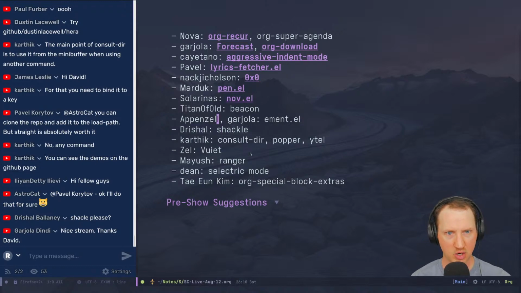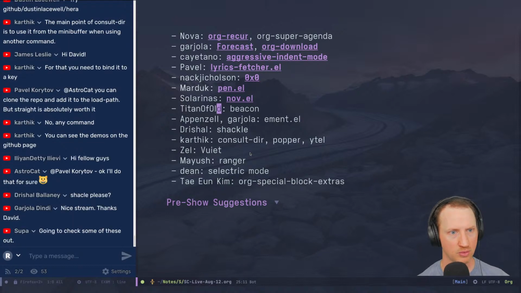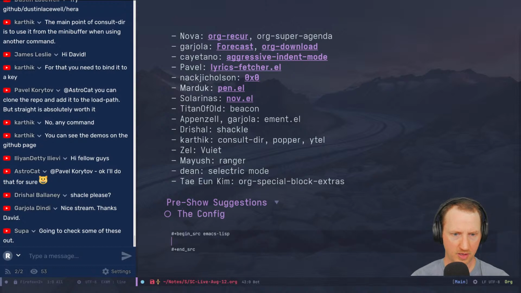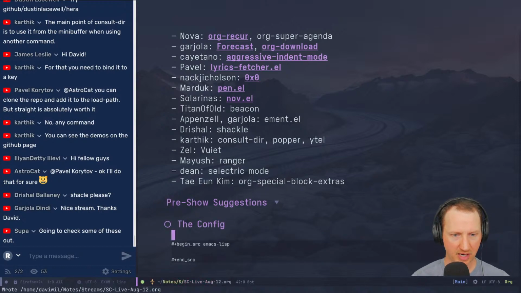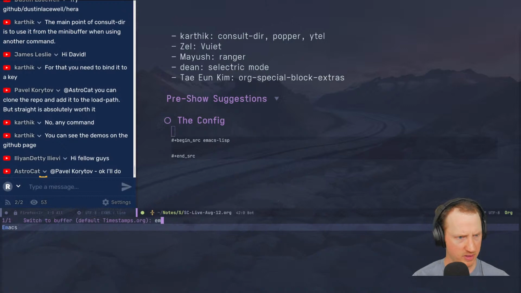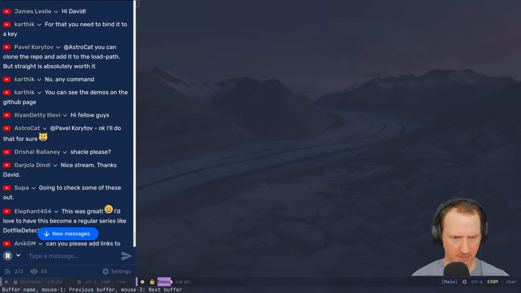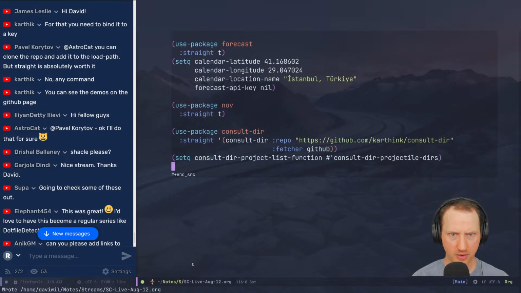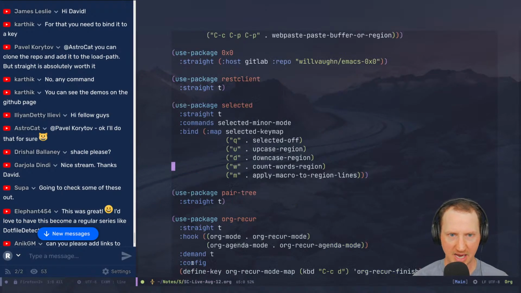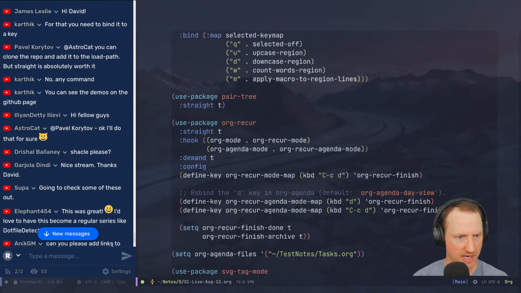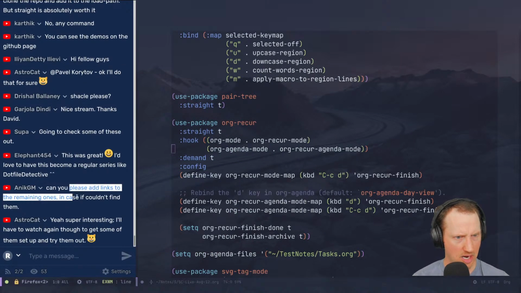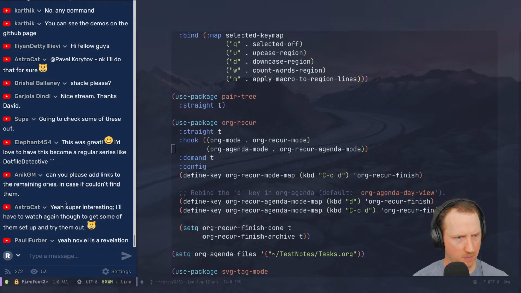I have yours here. So the next time we do this, I'll have the notes from the last time and pull the ones that we didn't get a chance to look at. Also, all this configuration, I'll just paste in the config that I wrote for this purpose, into the show notes. So if you want all of the same config that I typed in while we were doing the stream, you can take a look at that. I'll try to add links to the remaining ones if I have time.